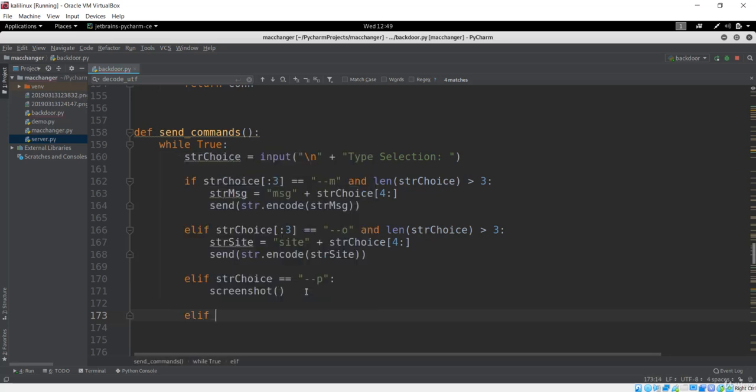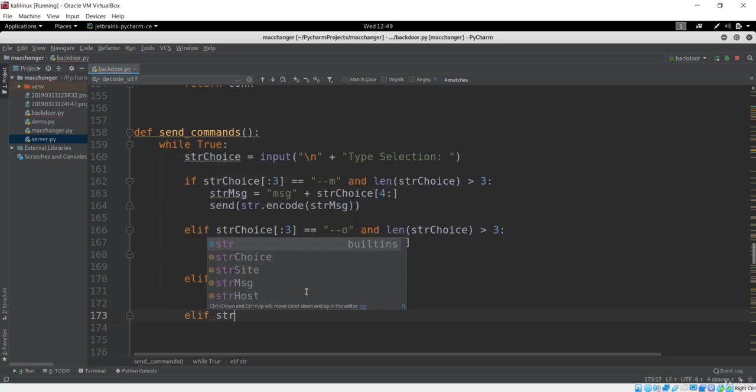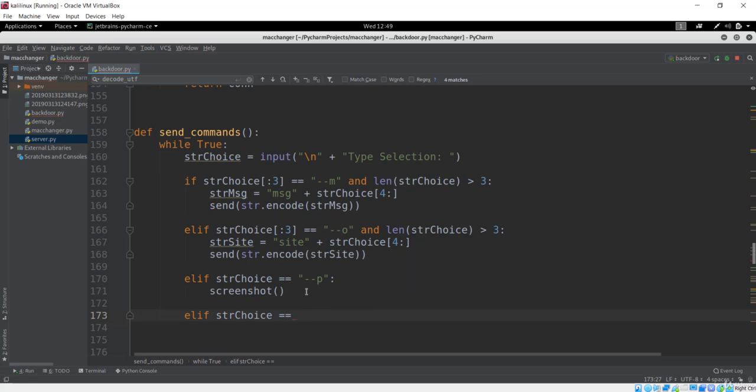In this case, if the string choice given by the user is maybe --yux1, then we can just send some information to the server to log. I'll say send, and in order to send, the information should be encoded. So I am encoding this log information and sending it to the client.